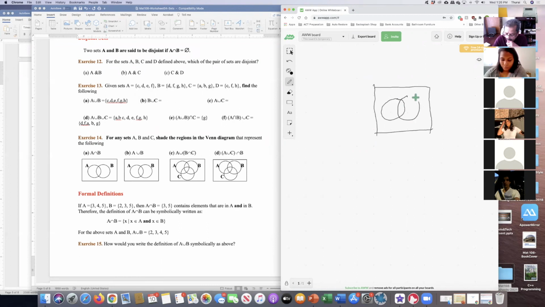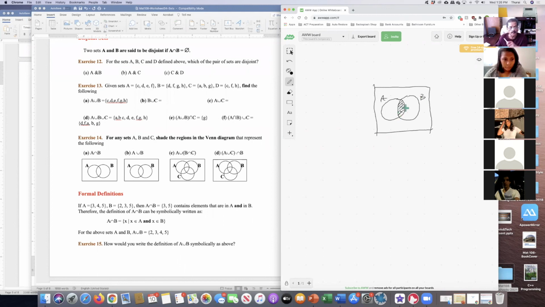You show the two sets A and B, and the problem says shade the region that represents A intersection B. A intersection B will be these dots, isn't it? Everything that's common to A and B. So you shade the region by using this kind of shading, and that's your answer. That shading is the answer. Okay,